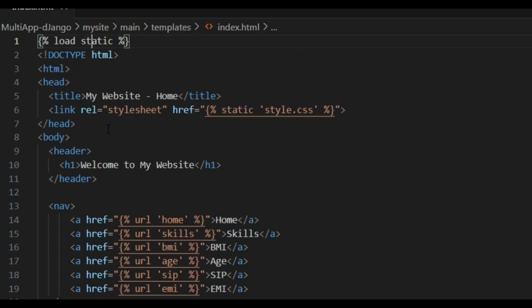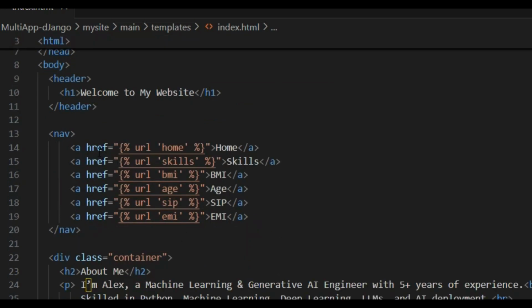Now we are importing onto the HTML. For the static, wherever style.css is in the static folder, we have to refer slash static like this. And in the href also we have to refer to the URLs, whose alias names you need to give, so that it will work.